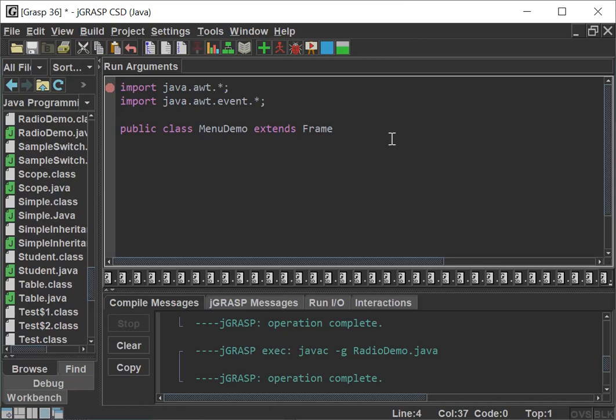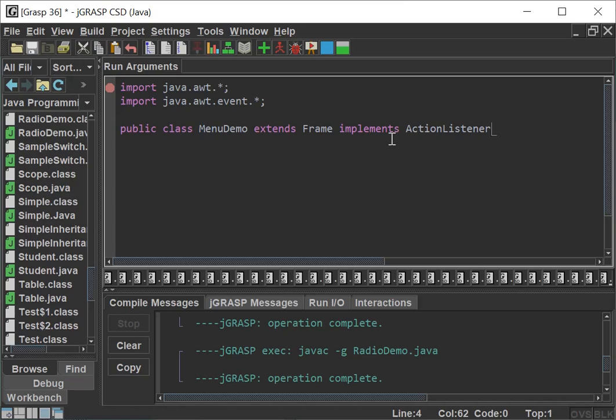And in order to perform event handling, I want to implement ActionListener. Why do I have to implement ActionListener? Whenever I'm utilizing the menu, I'm going to perform a click operation on the particular menu item.